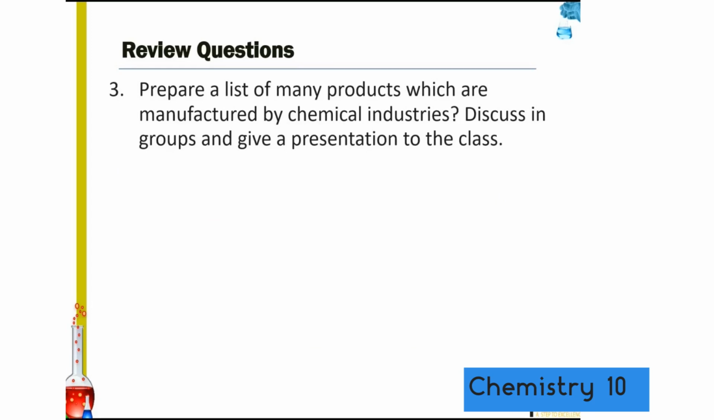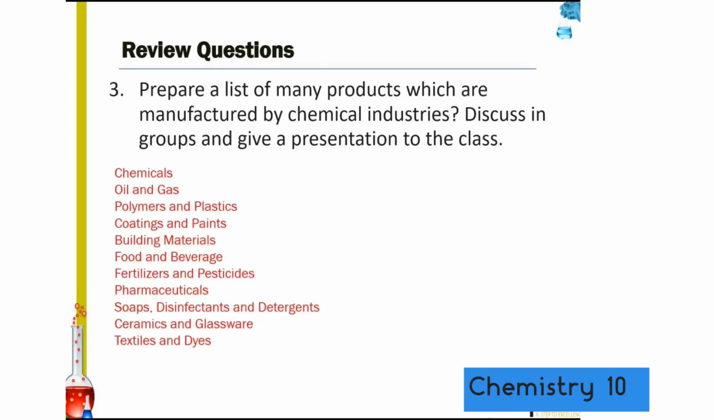Review question 3. Prepare a list of many products which are manufactured by chemical industries. Discuss in groups and give a presentation to the class. Some examples of products that are manufactured by chemical industries include other chemicals that are used in other industries, such as acids and bases and oxidizers, oil and gas, polymers and plastics, coatings and paints, building materials such as cement,